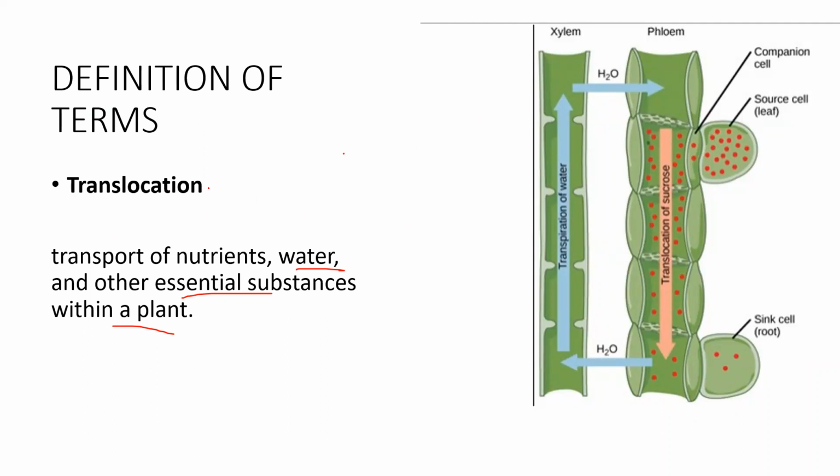So sino ang responsible doon sa pagtransport or kung saan yung highways. Okay? Highways of the plants. Meron tayong dalawang highways ng plants natin, wherein doon nagkakaroon ng transpiration and translocations. So ang pinaka-highways ng plants natin or yung parts ng highways ng plants natin inside is the xylem and phloem.